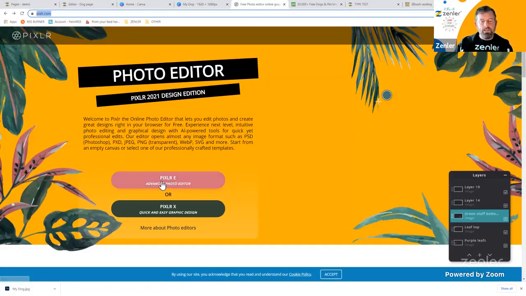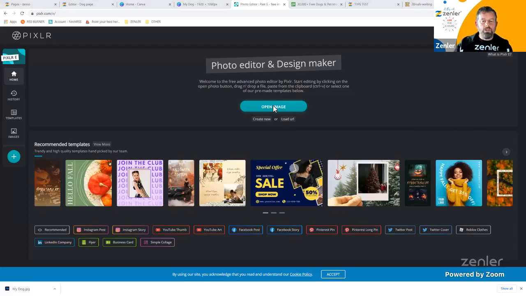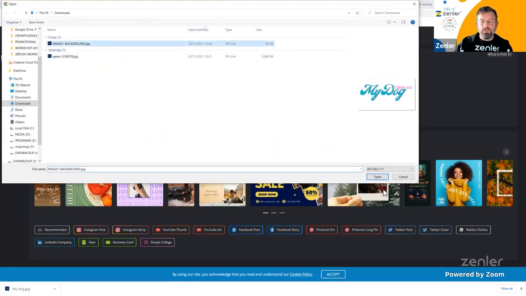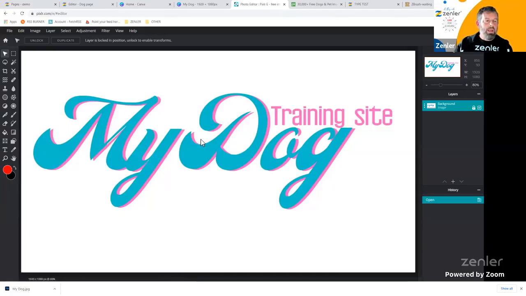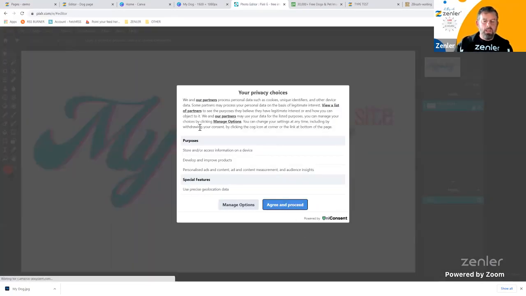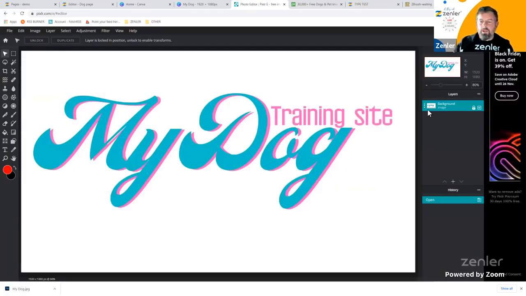I'm going to go straight into the Pixlr Advanced Photo Editor. And I'm going to go Open Image. I'm going to go and find that image, which is there. And I'm going to click Open. And it will now appear in here. Now, it's saying your privacy choices and things, but I'm going to go Agree and Proceed. And what we can do